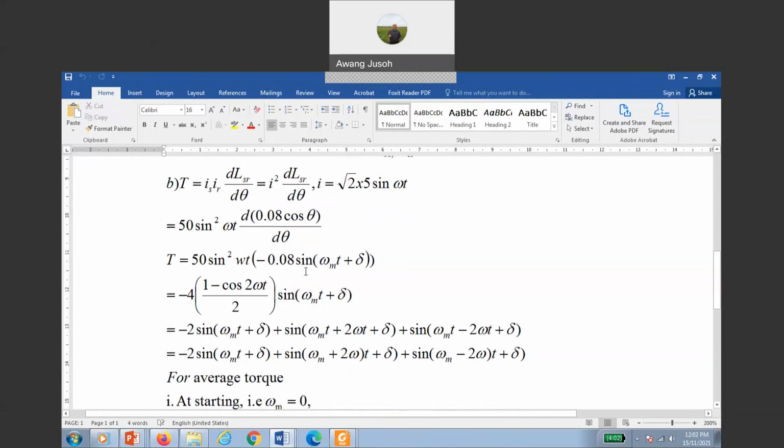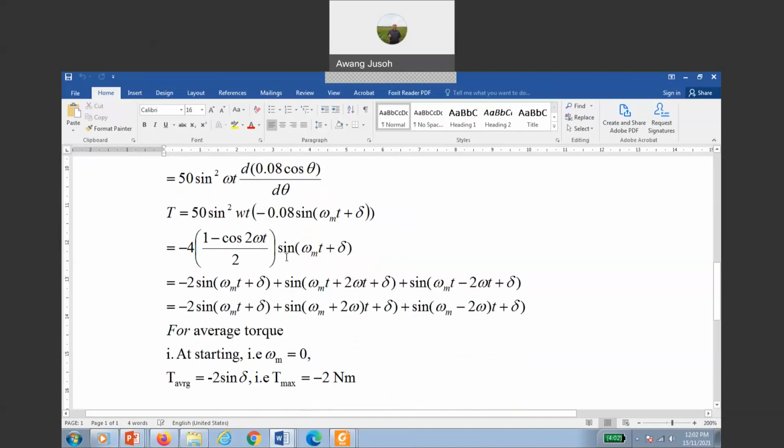If we multiply 50 by 0.08, we get negative 4. Then sine squared can be represented by (1 minus cosine 2 omega t) over 2, and sine theta equals sine (omega t plus delta). So if we expand this equation, it becomes 2 sine (omega m t plus delta), which is the first part, and after that we have cosine multiplied by